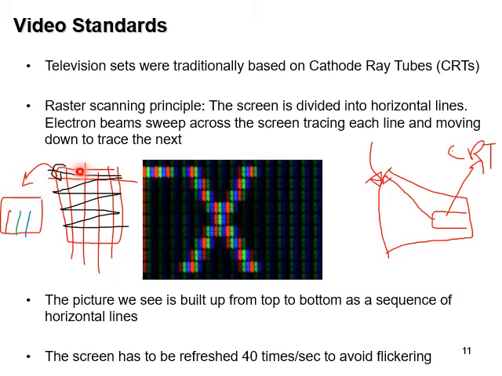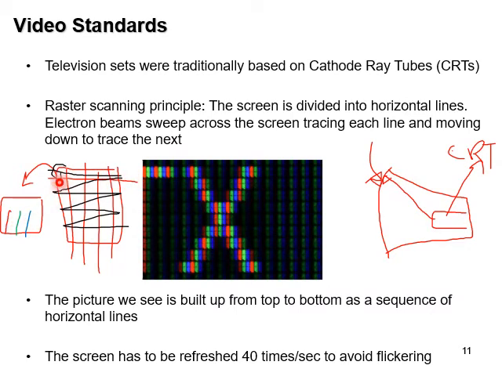Now let's assume the next pixel is white. White can be generated by having full red plus full green plus full blue. Now these things are very close to each other. The electron beam, of course, passes through very quickly. You don't even notice it. So if you want this pixel to be white, you need the red, the green, and the blue phosphorus to glow or produce light. Therefore, the electron beam will be on for the three of them,